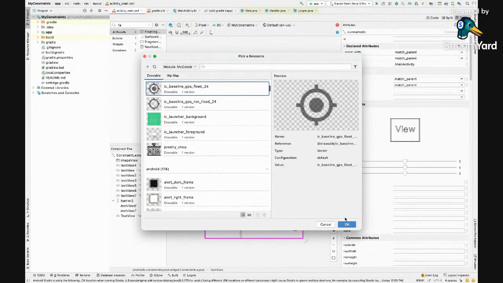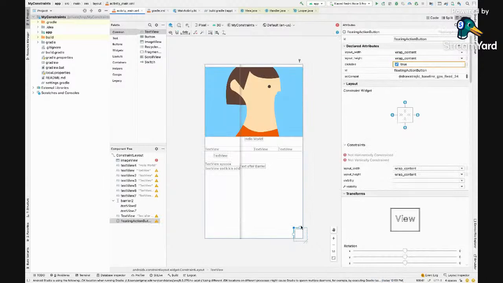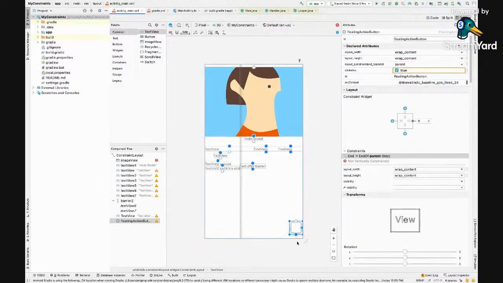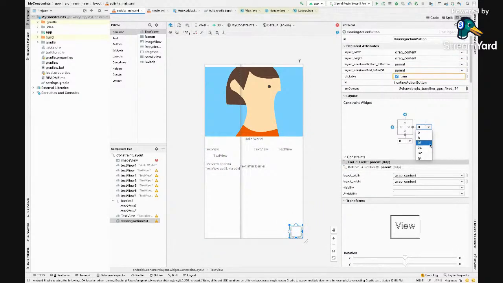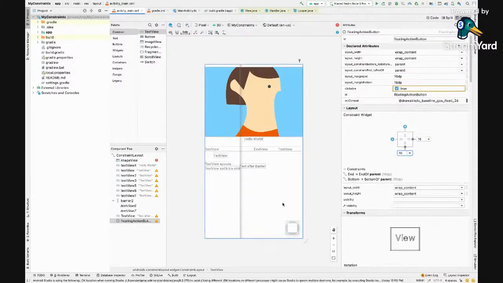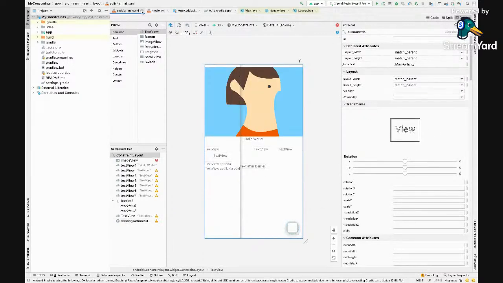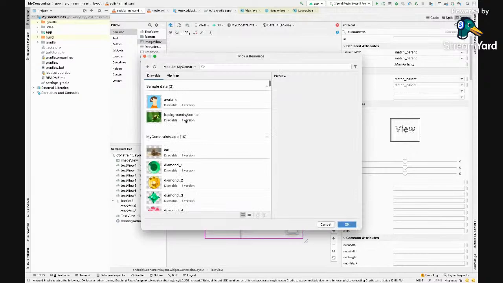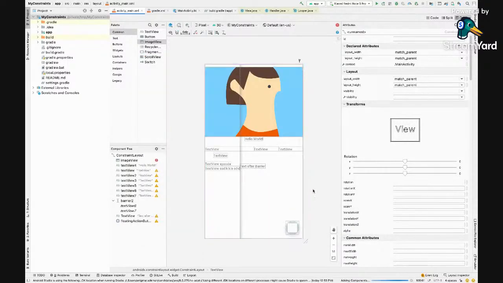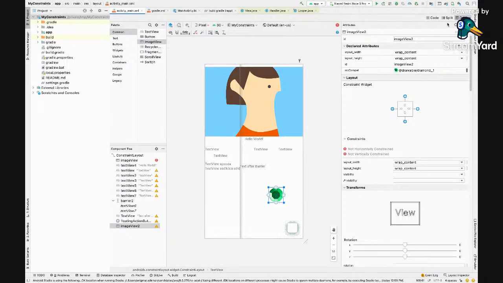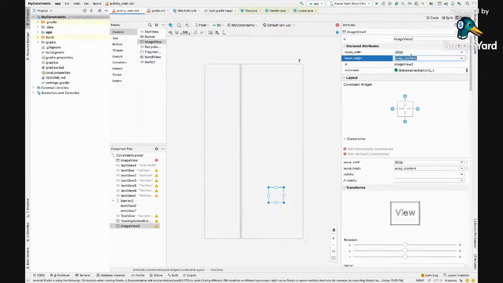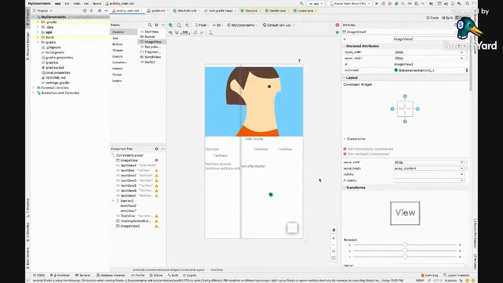I'll just take any icon here, say 16, 16, and I put an image view with respect to this. I'll just say 20 dp or something, 20 by 20. Let's take 30, whatever.